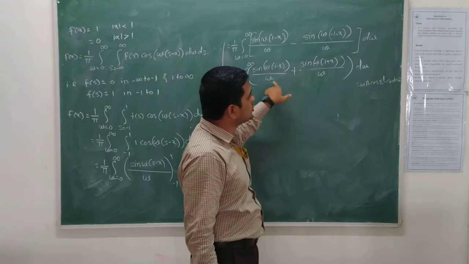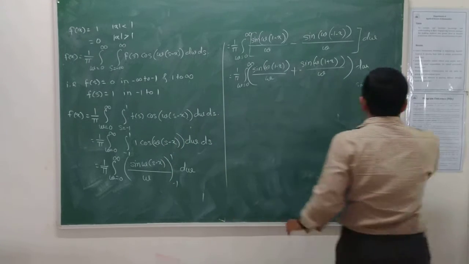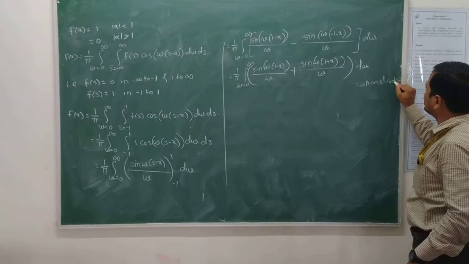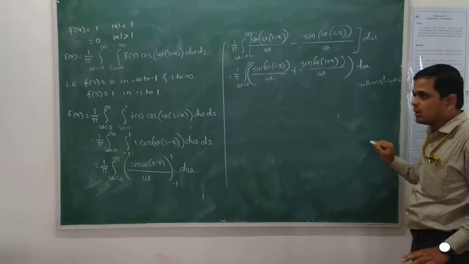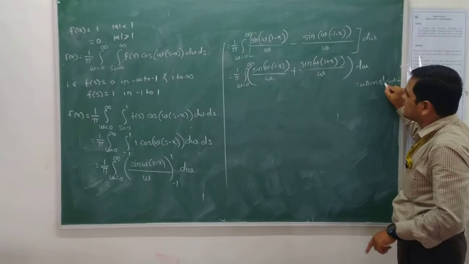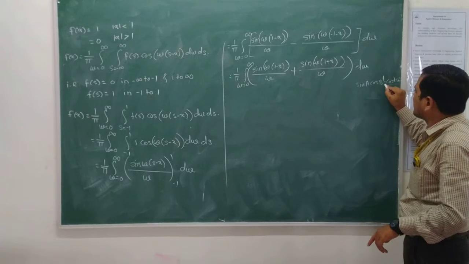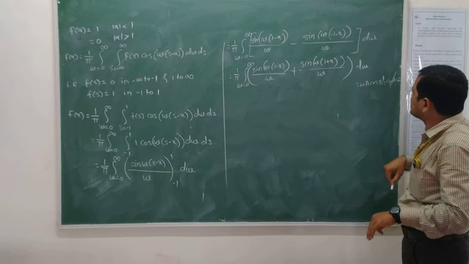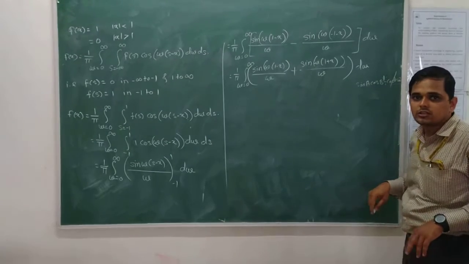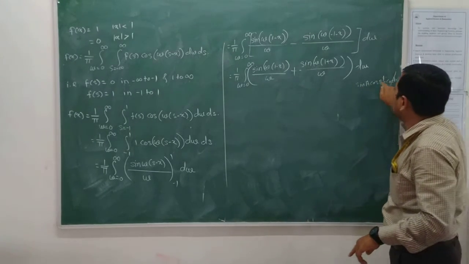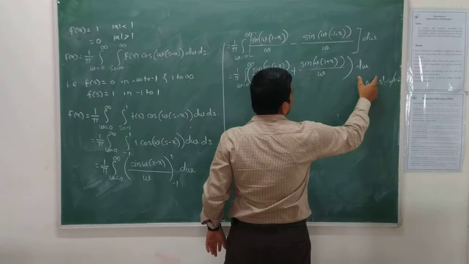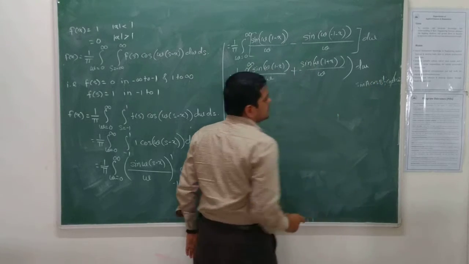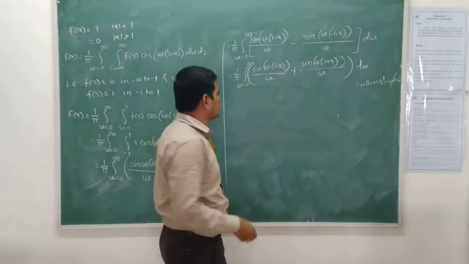As we take the addition of these two, you can observe that whether it is minus or plus, the second terms are the same. But in case of minus, that is sin(a minus b), the second term has a negative sign, while in case of sin(a plus b), the second term has a positive sign. So these two terms are going to cancel, and the only term that survives is sin a cos b. For plus also we get sin a cos b. So we get 2 times sin a cos b.